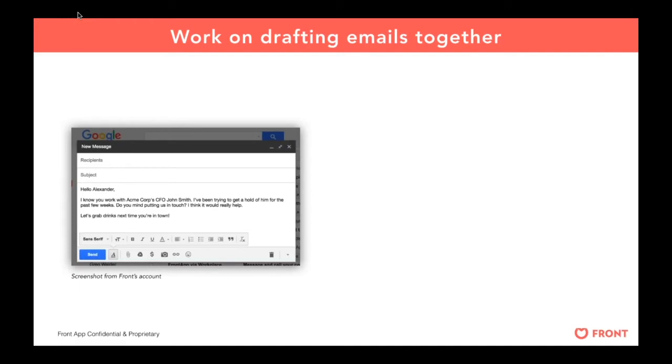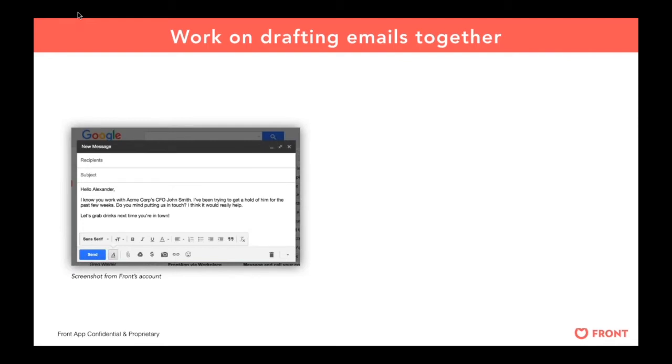you're working on your emails. You can mention a teammate just below the email itself, so you're not CCing or BCCing them, creating more email clutter between the both of you. Instead, you're simply looping them into the conversation through our internal chat function, and the conversations you have through @mentions and comments are invisible to the customer, so you can talk freely about the situation like you would through Slack